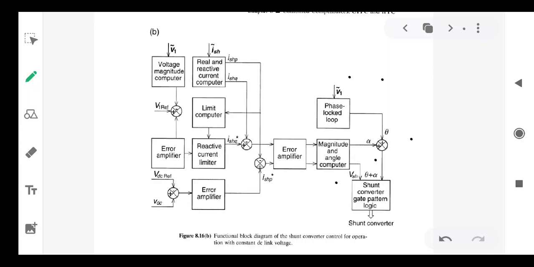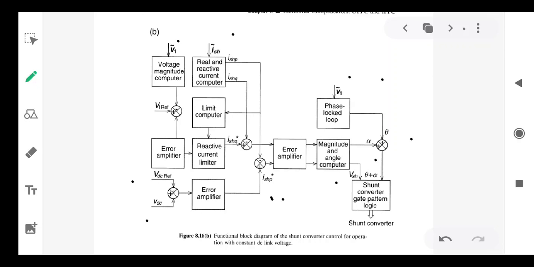So VDC is the actual DC voltage across the DC link capacitor, and VDC reference, generally, the reference value is 1 pu, already explained. So VDC is compared with the VDC reference, and that error signal is given to the error amplifier, to get ISHP, the active current related to active power. And here ISH is the current through the shunt controller. V1 is the voltage across the shunt